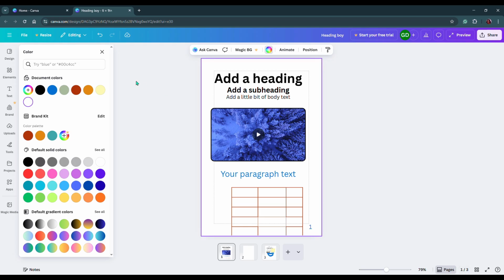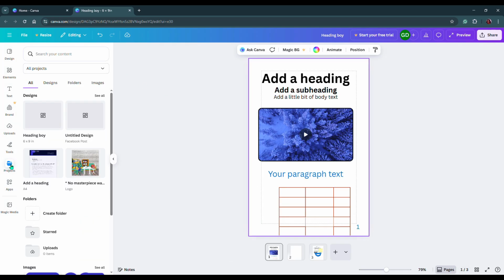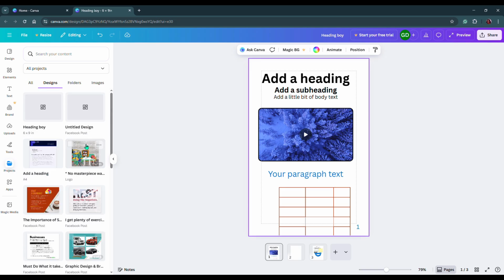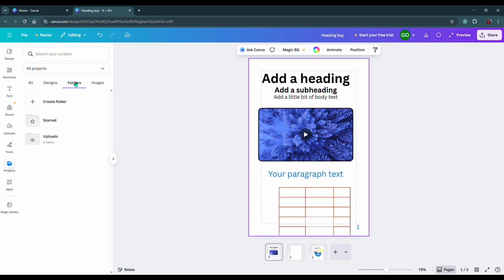So we're going to move on, and now projects. Your projects are what you've created, all of what you've created. So if I go to all, it would show me all of the designs that I created here. I can further put them into folders. Let's just say this particular work, I'm going to call it heading boy. I'm going to create my first folder,